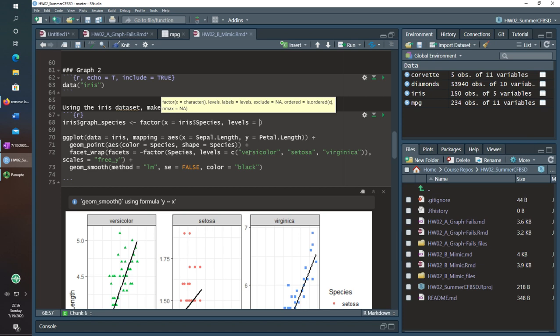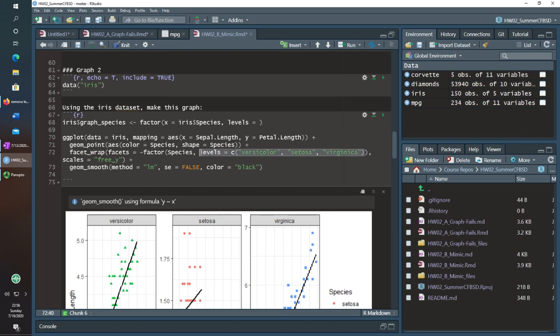And the levels are just the order in which I wanted it to graph, essentially. So if I wanted this one first instead and this one last, you just swap their positions in the level argument.